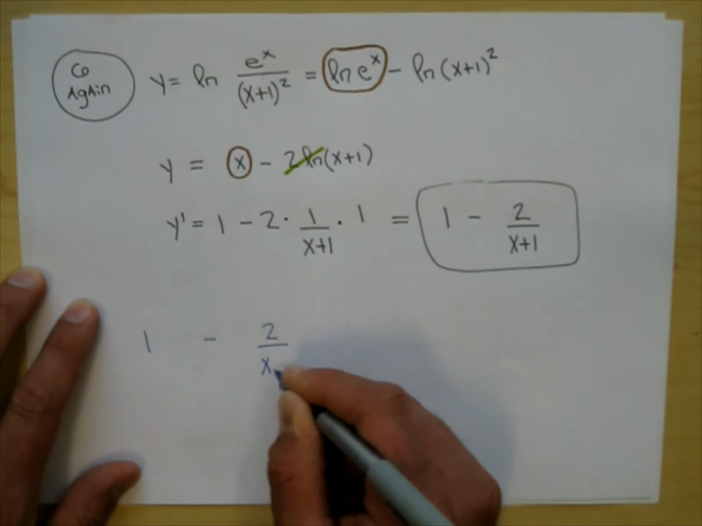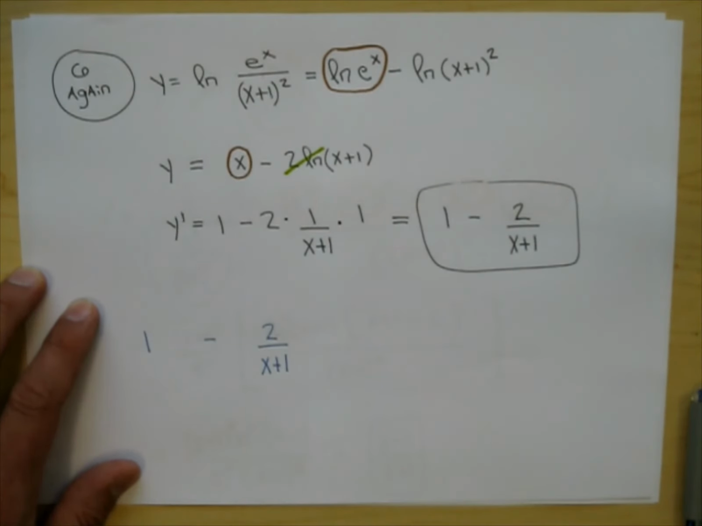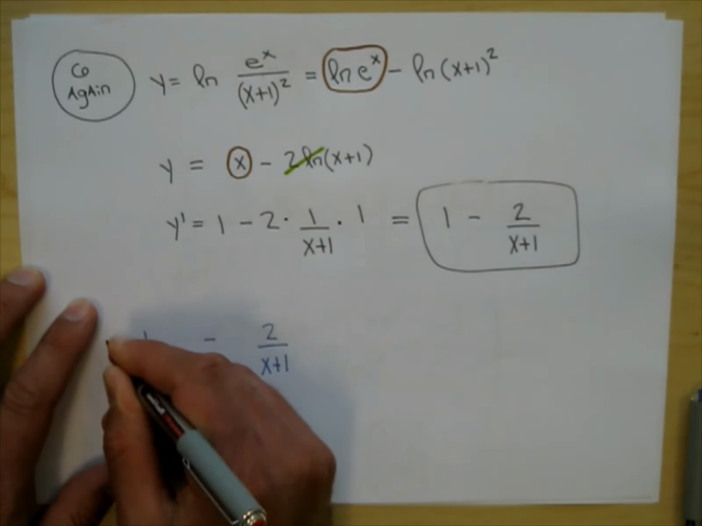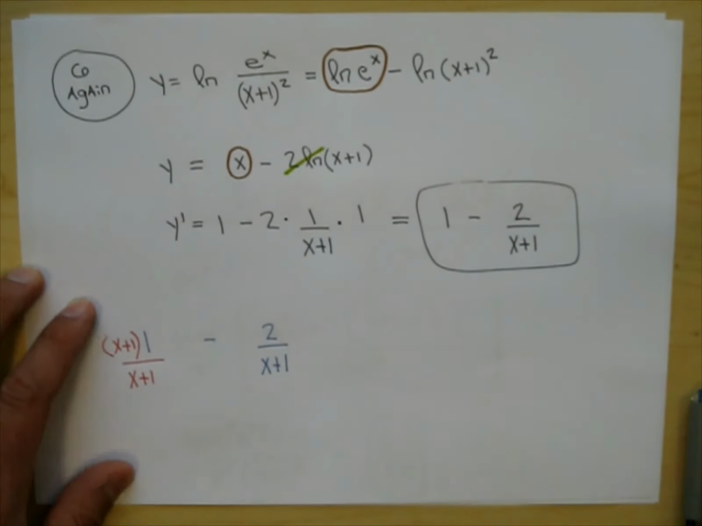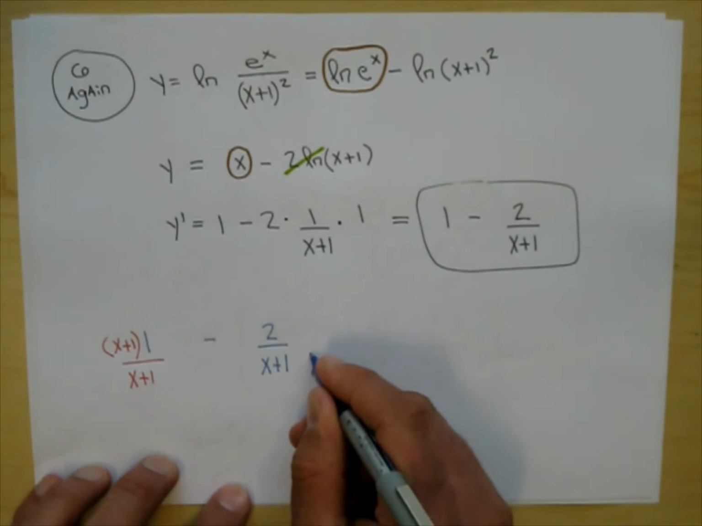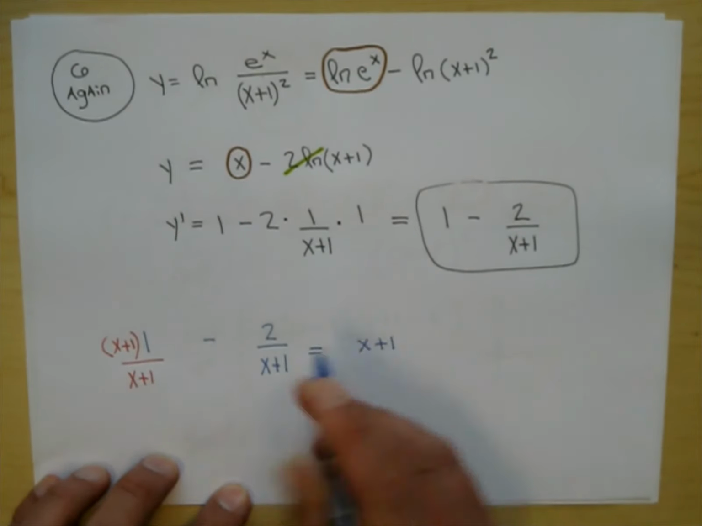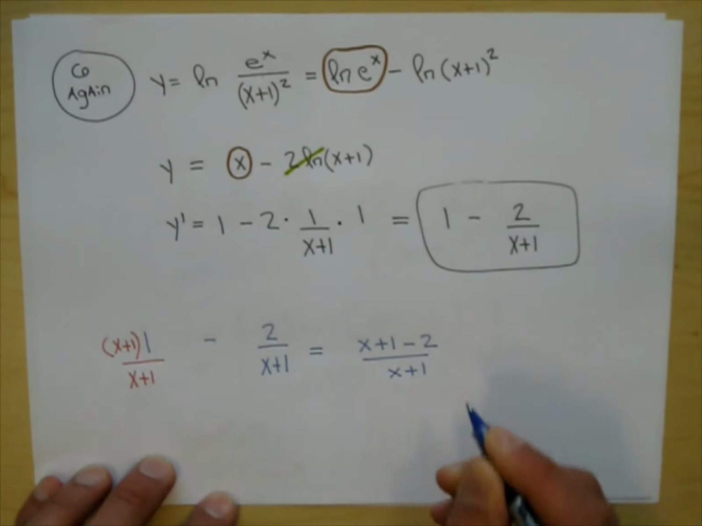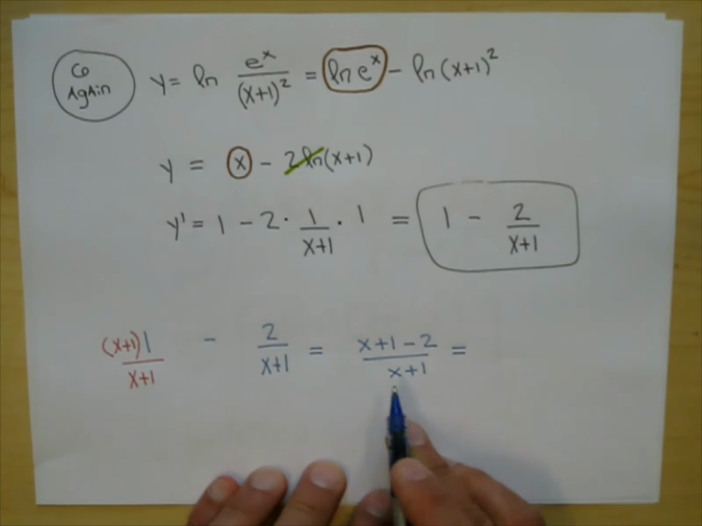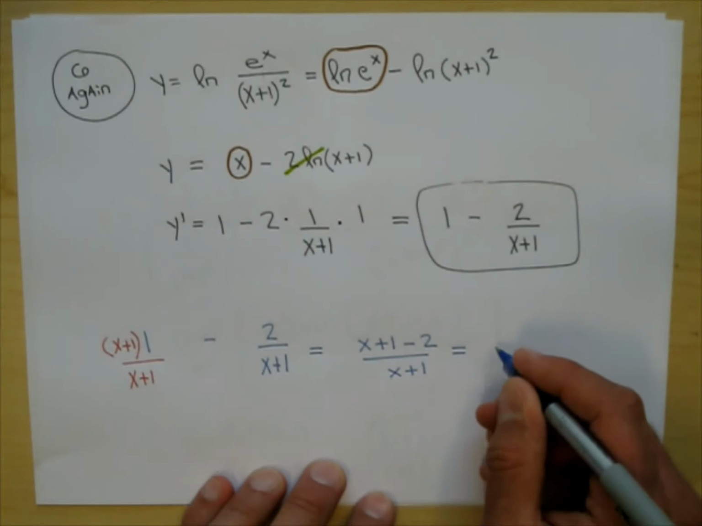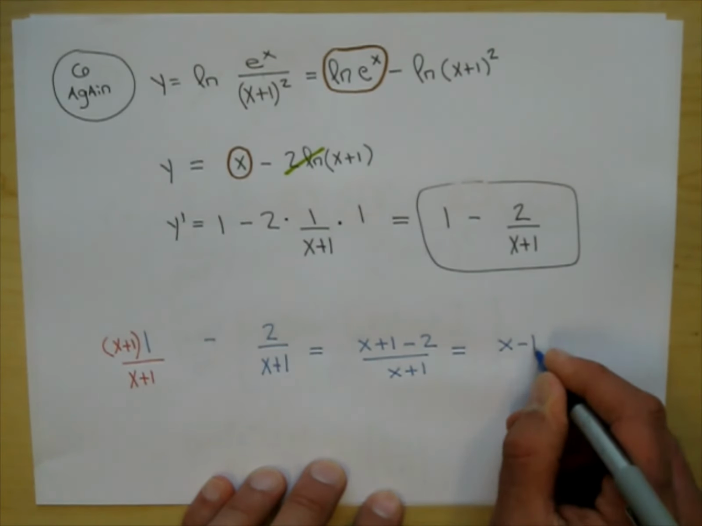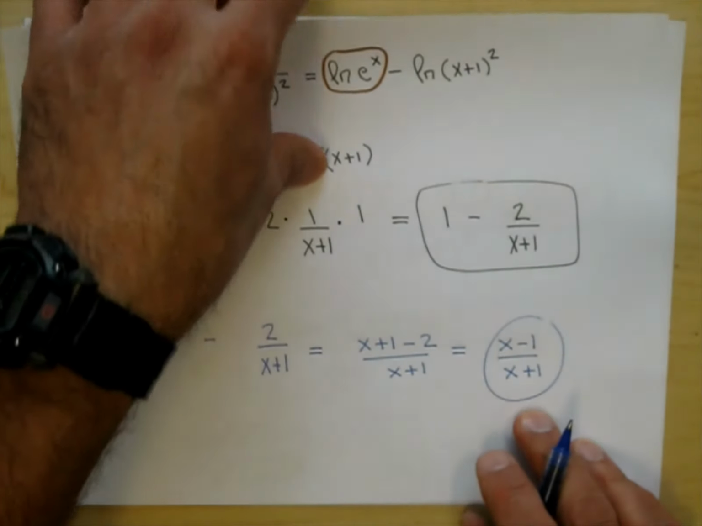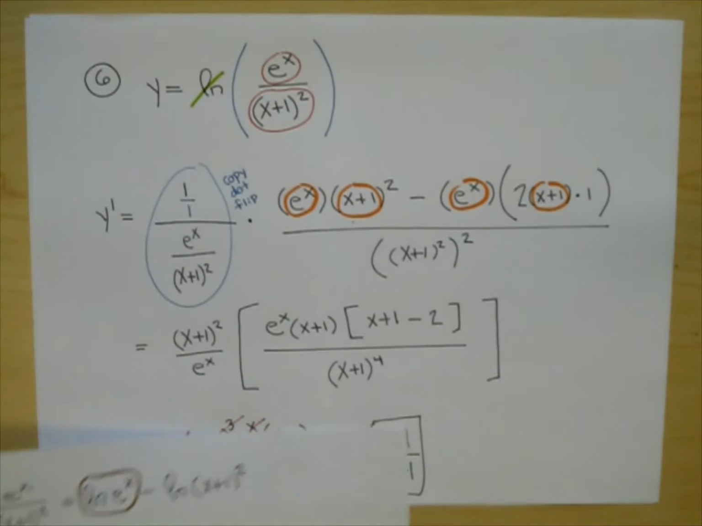All I'm going to do is get a common denominator, and that common denominator is x plus 1. So I can write 1 as x plus 1 over x plus 1. And so this gives me x plus 1 on the top, minus 2, all over x plus 1. And then on the top you have x plus 1 minus 2, which is x minus 1. And on the bottom it still says x plus 1. So this is just another way of writing your answer, which is the answer that we got when we did